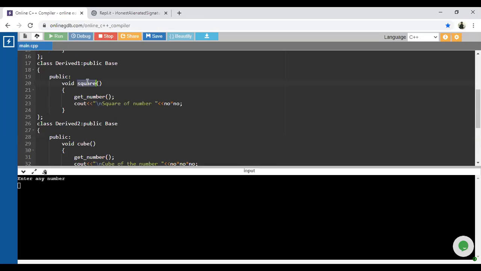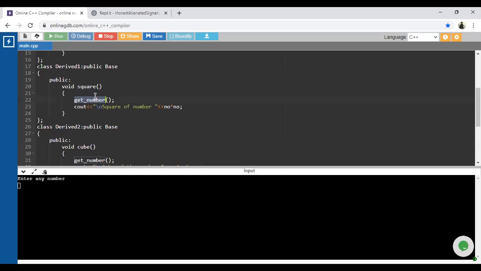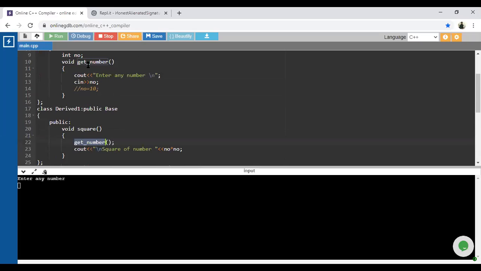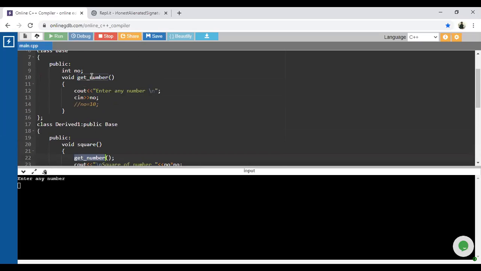So let us move inside the derived class and the square function. Inside the square we have called the get number method, and that particular function is available inside the base class. So look at the logic behind get number. Inside get number, the first line is cout, enter any number. That line is displayed at the output side, and the compiler is waiting for a number.